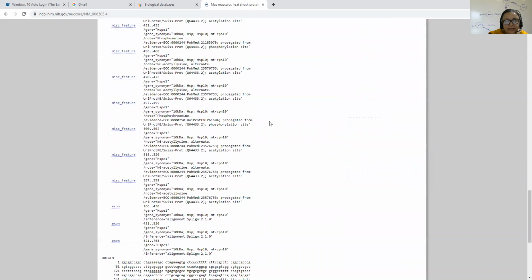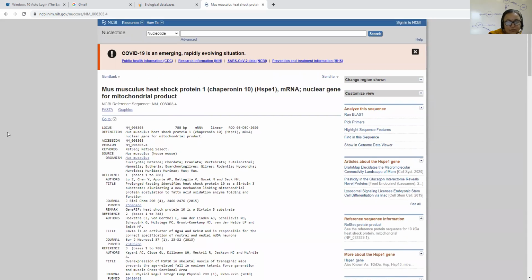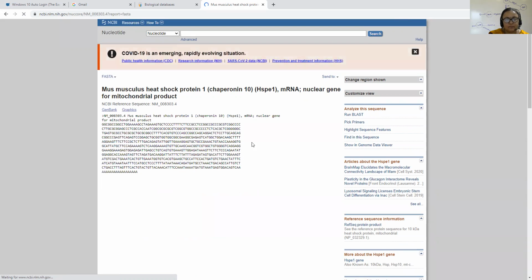But for retrieving the sequence, we can download it in FASTA format. So we will click on FASTA. Now we can copy and paste the sequence.